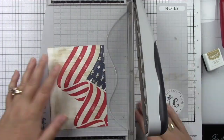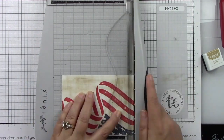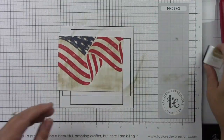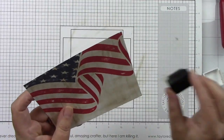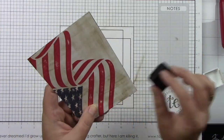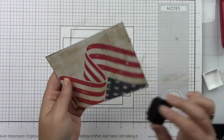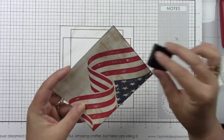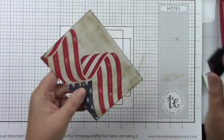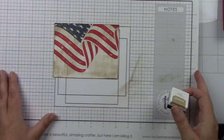I'm going to trim this down just a little bit, about 1/8 of an inch on all sides. Then I'm going to come back in and do a little bit more distressing. I thought it would be fun to do some old school distressing by adding the ink pad to the edges. So again, this is still the Toffee ink. I thought I was going to use the mocha and the sugar cube at the beginning of the video, but I ended up not using those two. So this is just the Toffee, running it across the edges just a little bit to give it just more